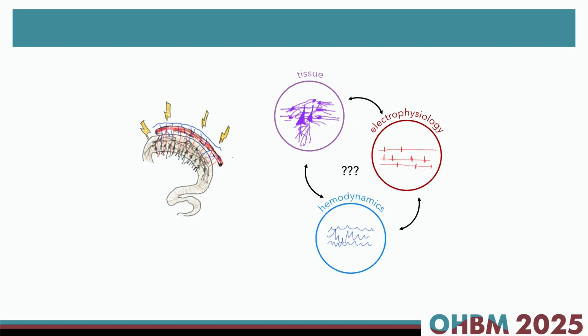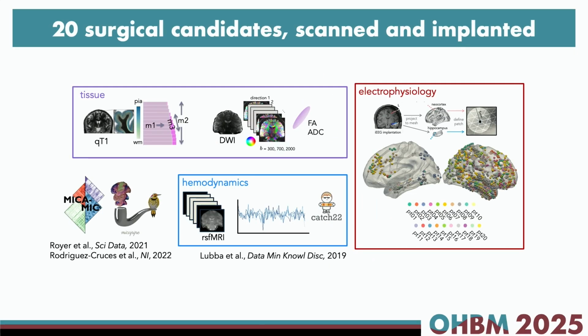But how do these different compartments of brain structure and function interact with each other in generating seizure-related pathology is a question that I want to answer, and I'm very lucky to have my hands on this incredible surgical candidates